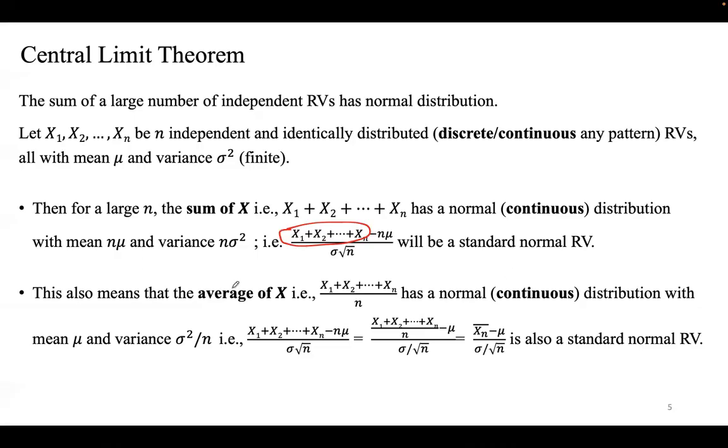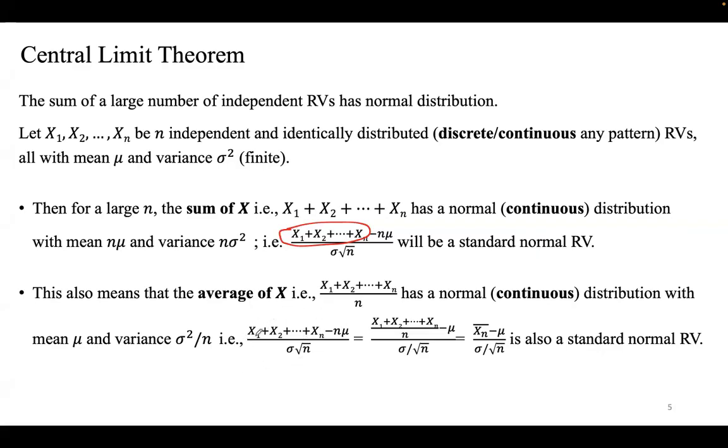Likewise, this theorem can also be applied on the average of x. So if you take the average, then that would have a normal distribution. It's just that now the mean is going to be mu again, and the variance is going to be sigma squared by n. All of these have been discussed. How these things were derived, they have been discussed in one of the previous classes. But once that is there, you can also convert this new normal distribution into a standard normal, right? So you would